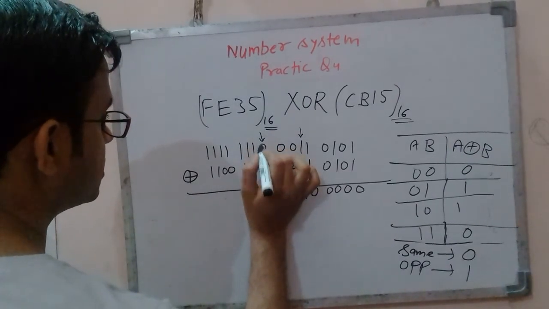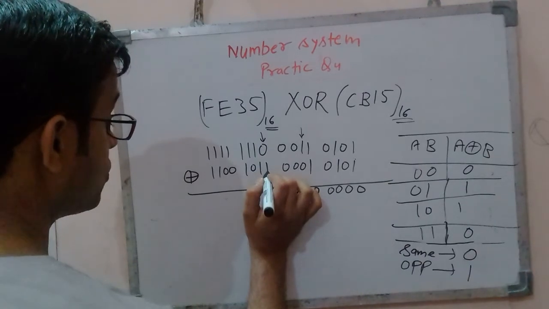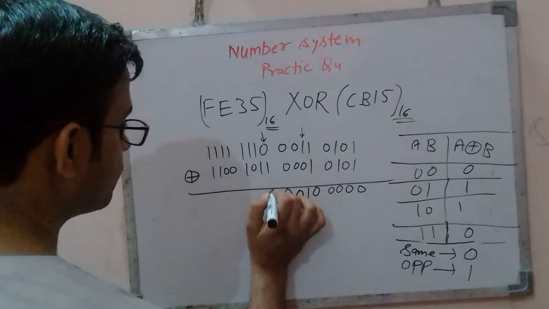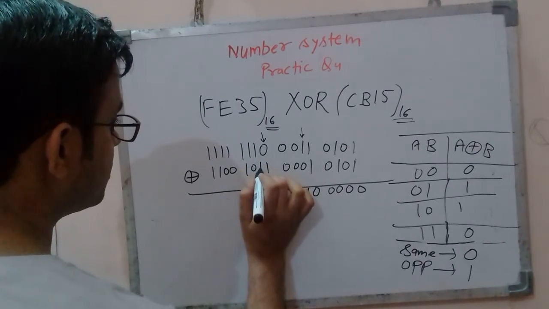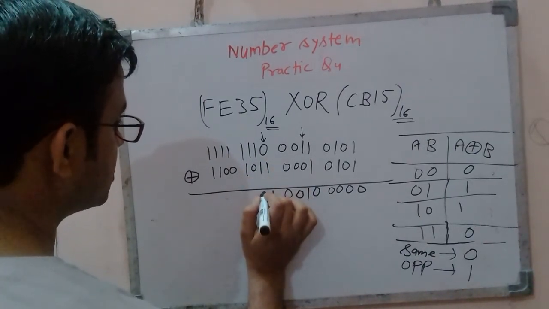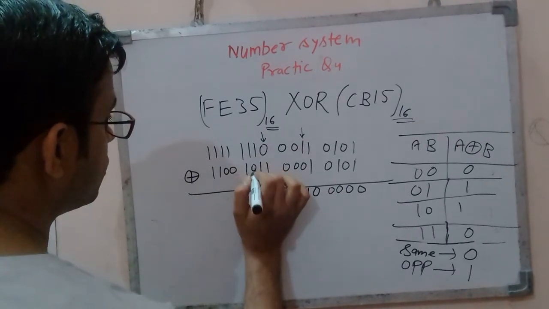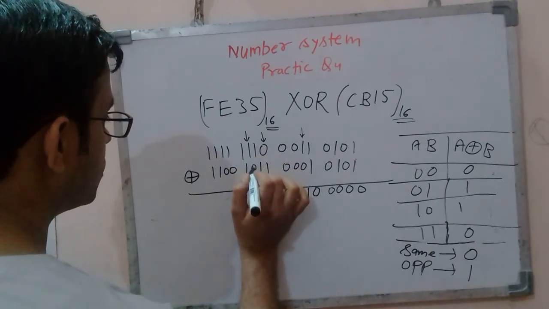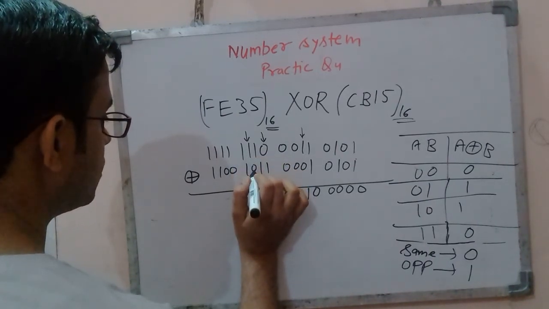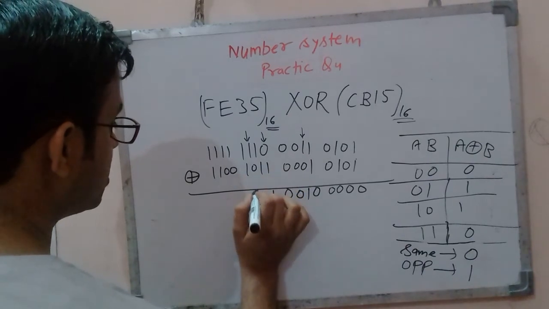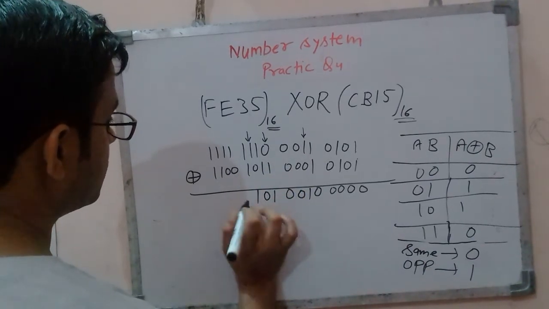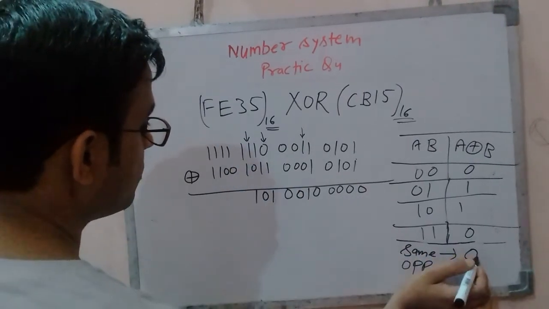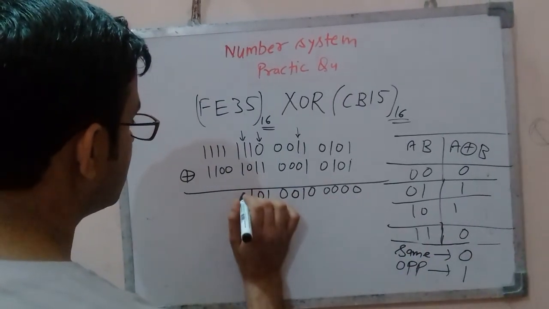Now look at this stage. This is 0, this is 1. Opposite inputs, one is logic 0, another one is logic 1. That means XOR output is 1. Same 1 1, same input of XOR, that means output is 0. 1 0. Now look at this stage. One input is 1 and the other is 0. One is logic high and the other one is logic low. That means opposite input, that means XOR output 1. Opposite 1, right? 1 1, again same input. For same input, output of XOR is 0. Write 0 here.